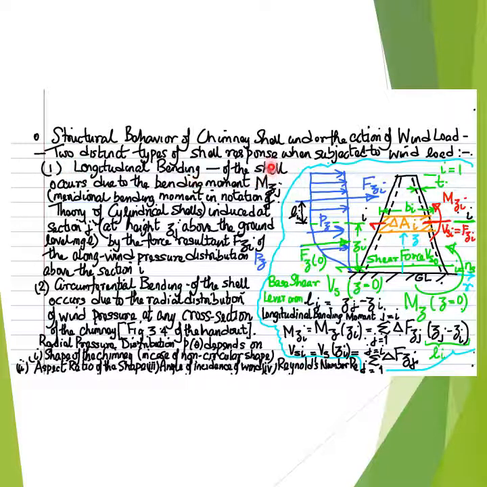One, longitudinal bending of the shell that occurs due to the bending moment Mzj, that is also known as the meridional bending moment in the notation of the theory of cylindrical shells, induced at any section J at height Zj above the mean ground level, MGL,